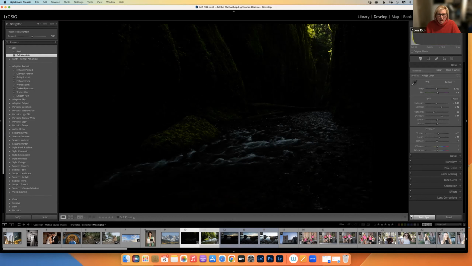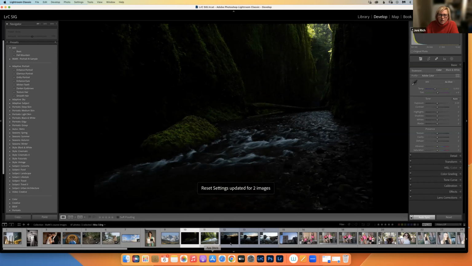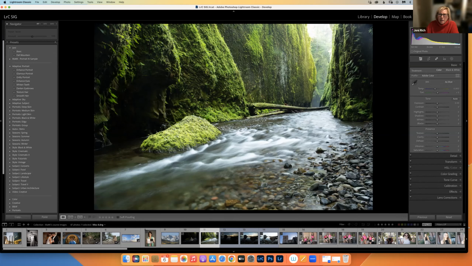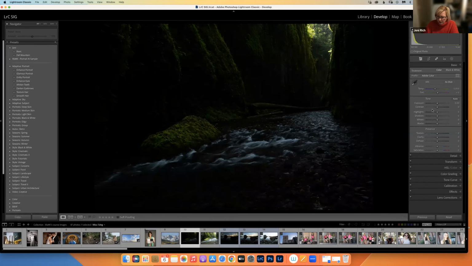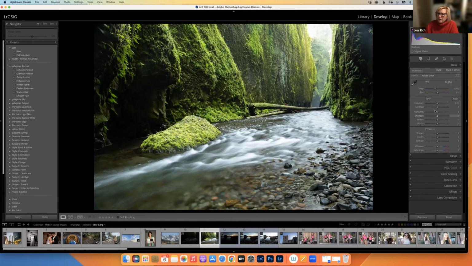Now, these are both highlighted in my film strip. Let's see if they reset both that way. And they do. They're all zeroed out. Both of these pictures are zeroed out. So you can batch change them that way. Again, these are tools that I don't even really use a lot. So that's why if I don't know everything off the top of my head,